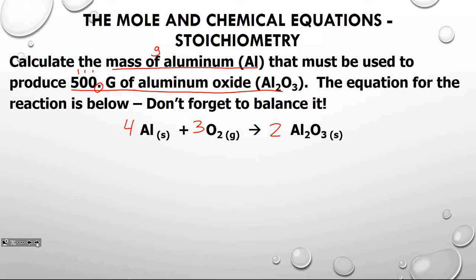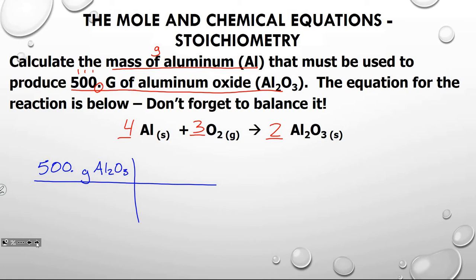Now, we're always going to start with what we have. The key here is these numbers right here, those are how many moles. That's a mole ratio. So we have to get our grams into moles before we can use the equation to trade from one thing to another. So we're going to start with our 500. grams, which means 3 significant figures, of aluminum oxide. Well, in order to get from grams of aluminum oxide to moles, I've got to add up how much is 1 mole. So aluminum, 2 times